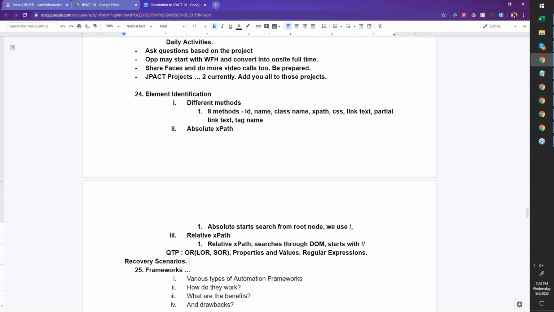Okay. So is there any priority, Karthik, or should the ID be used first? ID is a good priority to start because it's usually unique, and most developers try to fill that in. But what keeps happening is they may not have an ID with everything, especially when you get tables and data is not in a specific format. You'll have challenges, then you have to get specific. So is XPath the ultimate one, about the order in this?